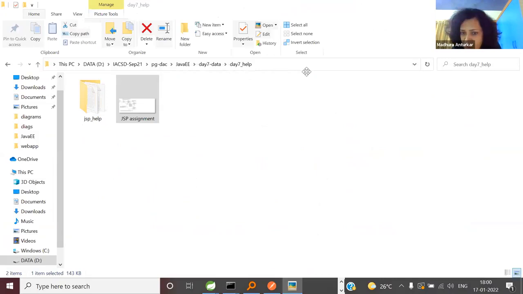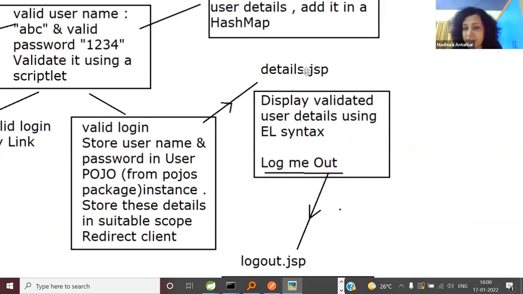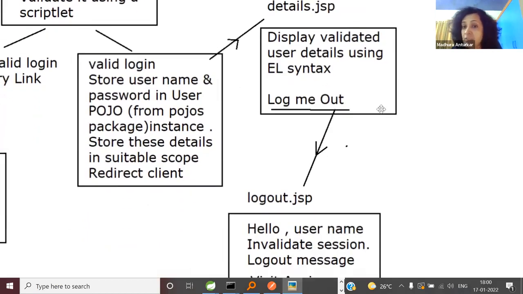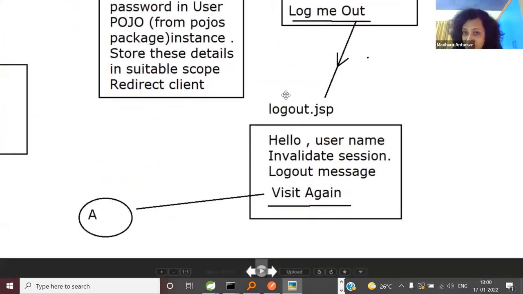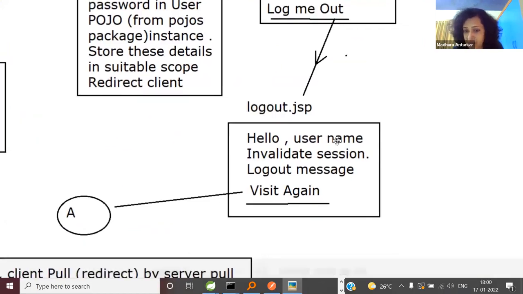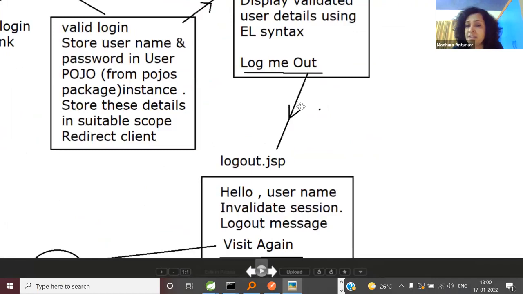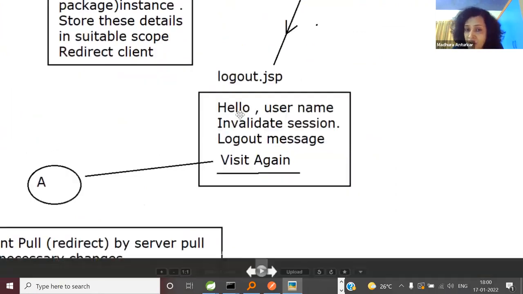Everyone is clear? You just have like four things. And then I'm not saying more. I mean, the topics, I mean, the case study we'll have tomorrow. So then give me a log out link. Now here, the control, this is your CP1, client pull one, clicking on a link, right? So here, I don't want to see the whole details. I want hello, which is a static message, and followed by only username.